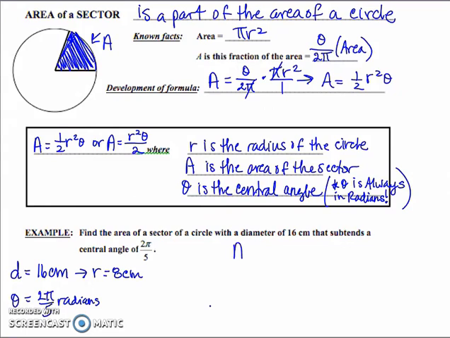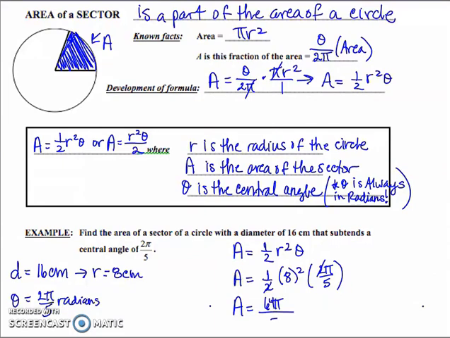All right, so all we have to do is plug our information into our equation. We know our equation is area is equal to 1/2 r squared theta, area of our sector here. So 1/2 times 8 squared times 2 pi divided by 5. So when we do our math here, the 2 on the bottom is going to cancel that 2 on the top in this particular problem. 8 squared is 64. So we end up with